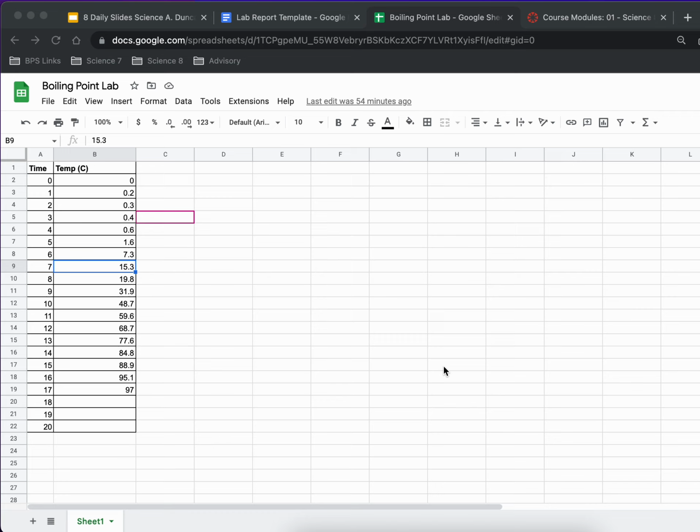Version of how to make a graph in Google Sheets. So first, you need your data table, okay? And then you can highlight the sections you'd like to graph. So just put your cursor on one cell, hold down the Shift key, use your side arrow, and that will